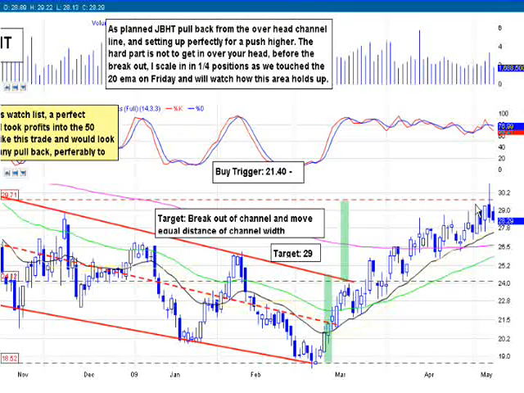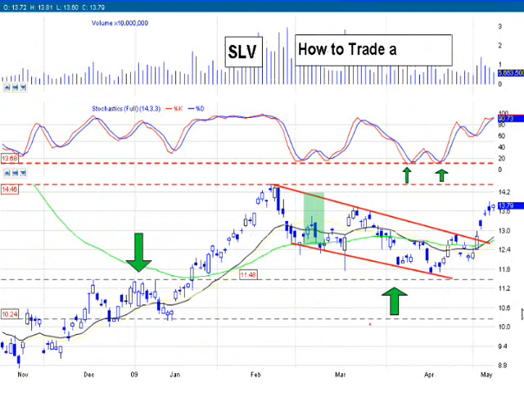And just to give you another example of a couple other channel trades fast. That was SLV, a silver trade that I'm currently in right now. You can see the channel trade that's formed here. You'll notice there was some support here at 11.48, which corresponded again with the downward trend line. Also the stochastics corresponded with the lower half of this trend line. So you have the stochastics, you have the trend line, and you have some support here. These are good signals to trade in on the lower end of the channel,